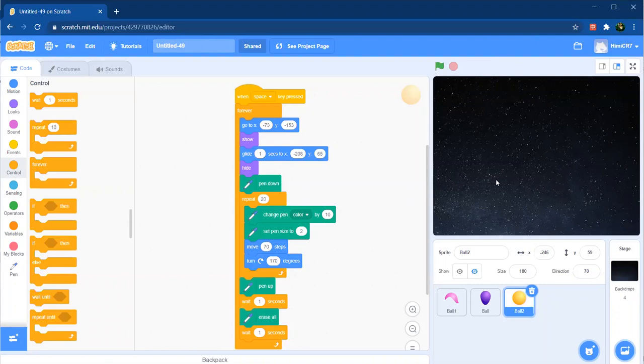After choosing the backdrop and the sprites, we now have to code for one sprite, and the similar code will be applied to the other two as well with some minor changes. I have taken the block when space key is pressed, which would execute the code below it when the space key is pressed. The space key just acts like a trigger to the firecracker here.